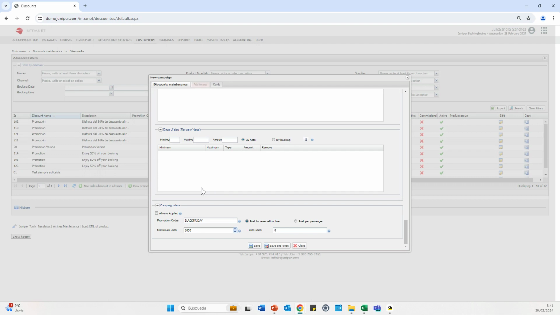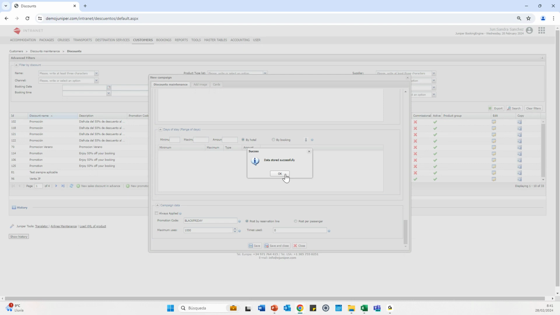For instance, if we would like to give a pass to a tourist attraction for a hotel reservation with an amount exceeding 1,000 euros, we need to check this always applied checkbox so that the customer does not need to enter any promotional code. Okay, let me use this one so that I can show you on the website. Okay,